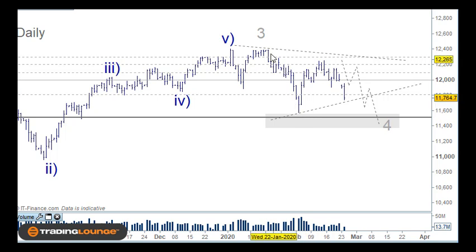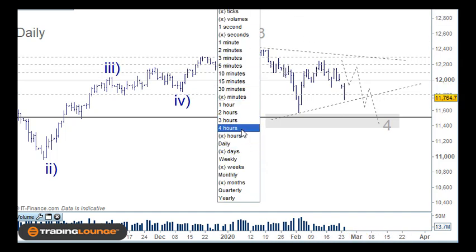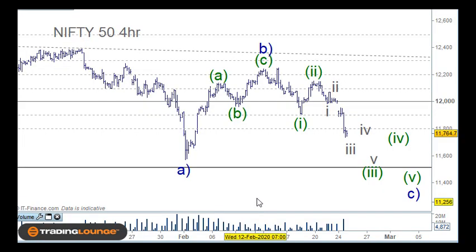So it's also possible that this can be the high here, and this being an A wave here, a B wave here, and then a C wave here. If this is going to be a C wave here, then we're looking for 5 waves in this C wave, and that will take us down into this area through here. It's still possible too that we've got a triangle pattern developing across here as well. I just don't know how this is going to play out here, but on the 4 hour chart here,